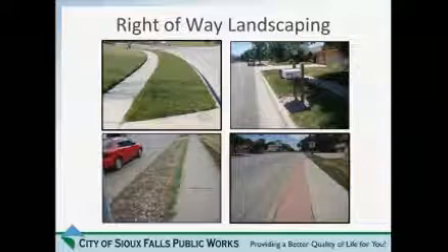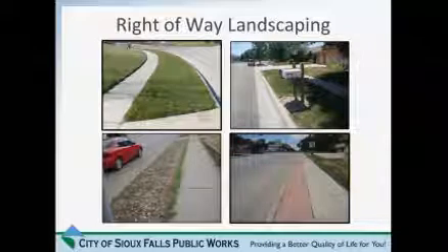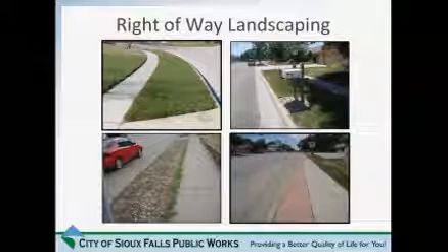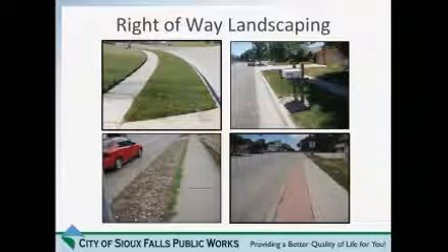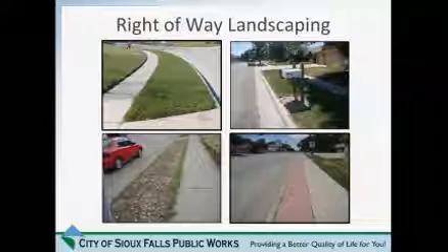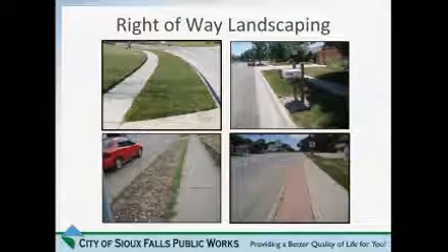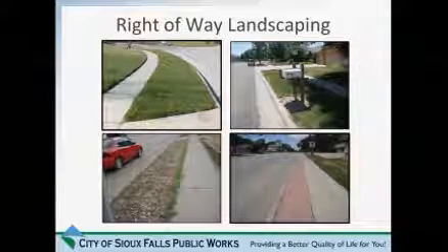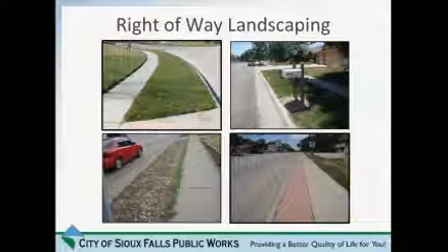With that, just a little background. When we're talking about our right-of-way, we're talking about the area generally from the back of the sidewalk to the back of the sidewalk and everything in between. So the street, the boulevards, and the sidewalk all encompass our right-of-way. Typically, it's used for the public's benefit, for transportation. It's a corridor for our private and public utilities, as well as a corridor for pedestrian travel. The first topic I want to talk about is right-of-way landscaping.